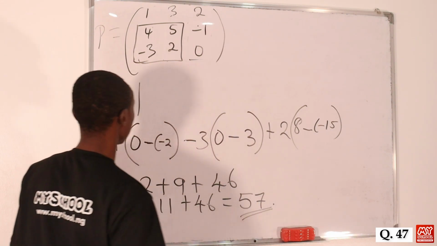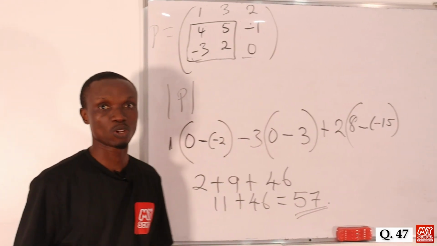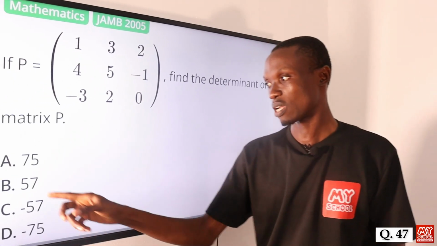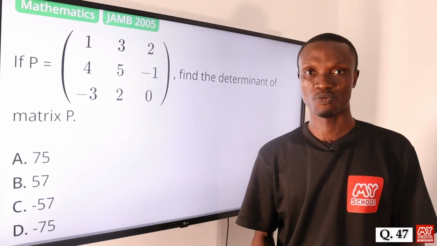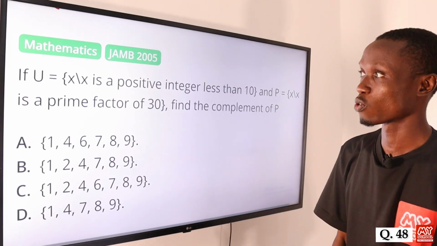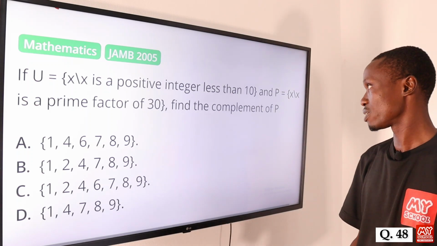So the determinant of matrix P is equal to 57. Let's return to the screen to pick the correct answer to this question, and that is option B, 57. Question 48. If U is equal to S such that S is a positive integer less than 10 and